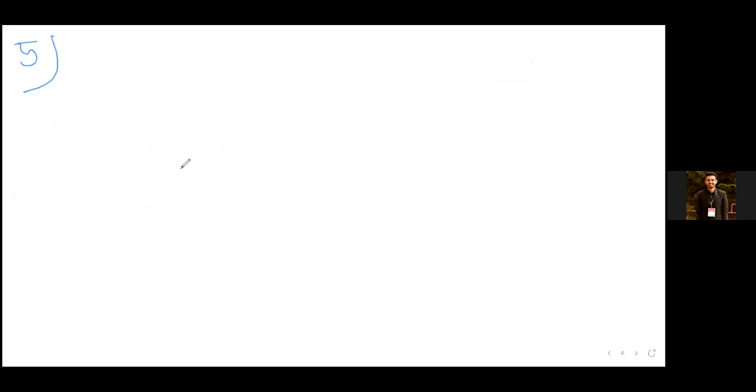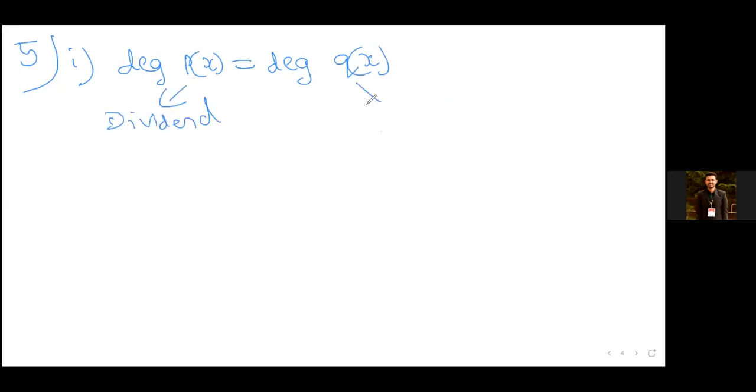They're asking us to give an example of a polynomial in which the degree of p of x is equal to the degree of q of x. p of x is nothing but the dividend and q of x is nothing but the quotient. We need to give a polynomial where the degree of the dividend is equal to the degree of the quotient, that is